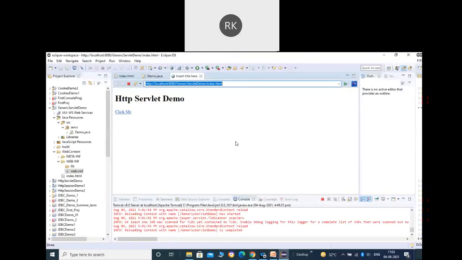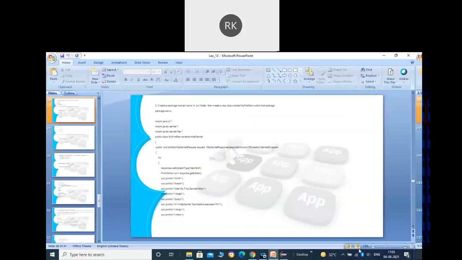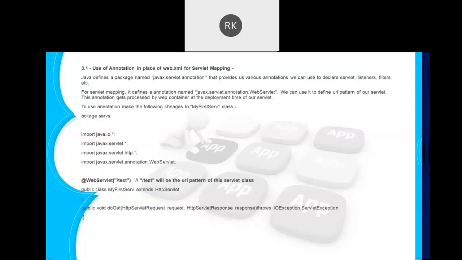All right, copy it and put it in the browser. Let me click over this hyperlink. So you can see what you are getting: Welcome to HTTP servlet demo with get method. So that means the doGet method executed from the servlet. And let's suppose if you have specified the method as post, in that case the doPost will be executed. That we'll see later.